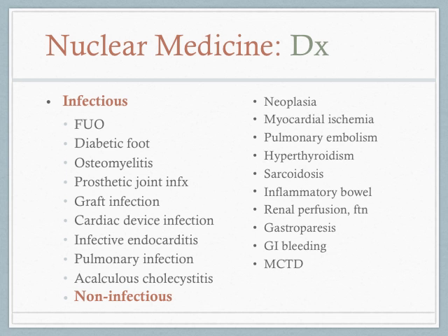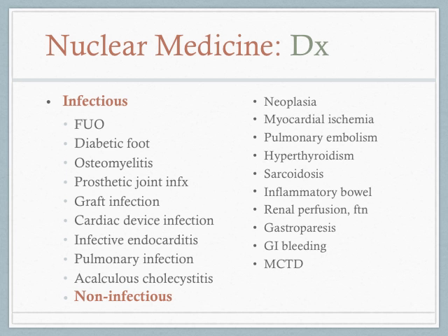So nuclear medicine is used in the diagnosis and in the treatment of some diseases. We, as internists, may have more experience with the diagnostic tests of non-infectious diseases, such as the adenosine scan for myocardial ischemia, the VQ scan for pulmonary embolism, the MAG3 scan for renal perfusion. We may have ordered more of those in the past, but it has its utility in infections,